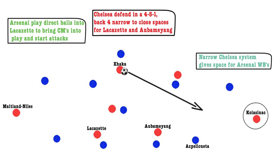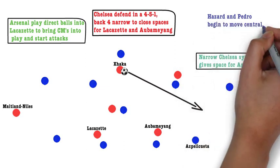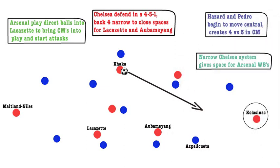pinpoint this tactical weakness. During the latter stages of the first half, Hazard and Pedro began to move more central as the Arsenal press became less intense, and Kovacic and Kante were able to get on the ball. Chelsea were able to create a 4v3 in the centre of midfield, which allowed them to play through the Arsenal midfield, with Hazard, Pedro and Giroud combining with some great interplay to create chances when the ball was in the